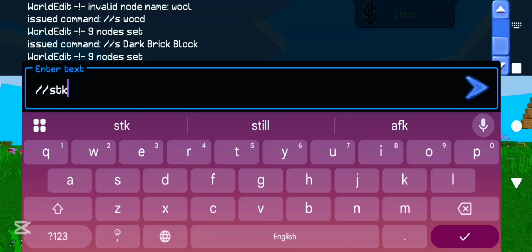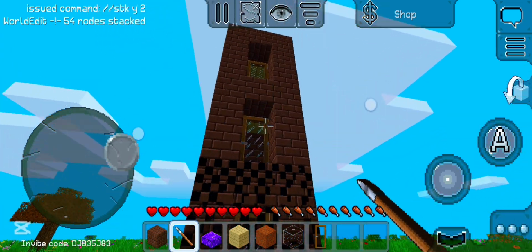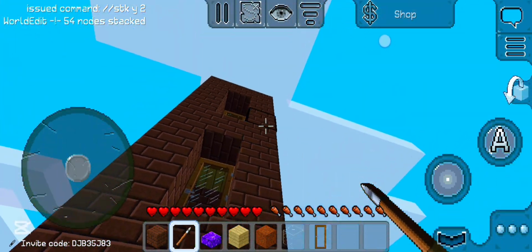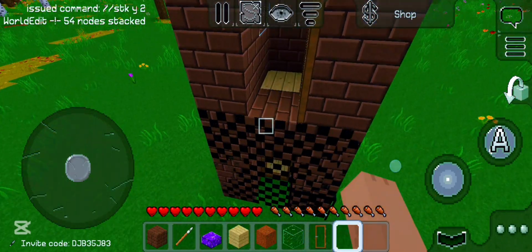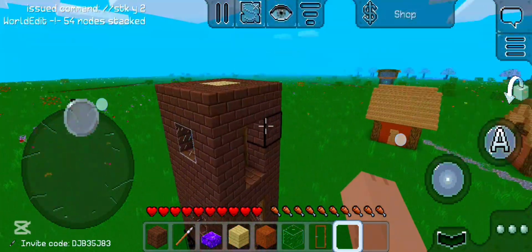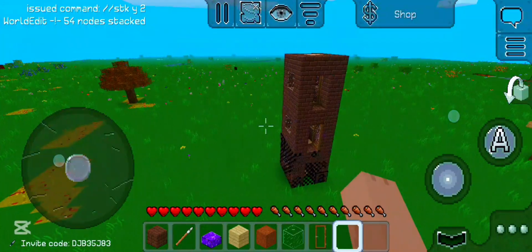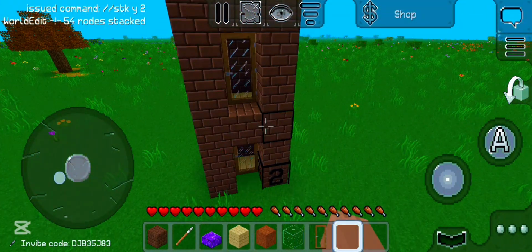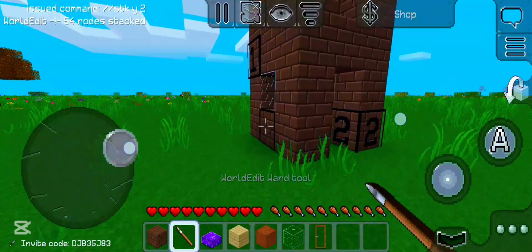Okay, STK is short for stack. And if you want the stacking to go up, you have to type Y. And then you have to type how many times you want it to be stacked. So if I want it to be stacked 2 more times on top of this and I want to make a 3-story building, you type STKY stack 2, which will stack the same thing on top of each other 2 times. See? The same thing. And we've got a tiny little building here. That's one thing. And if you want it to go sideways,